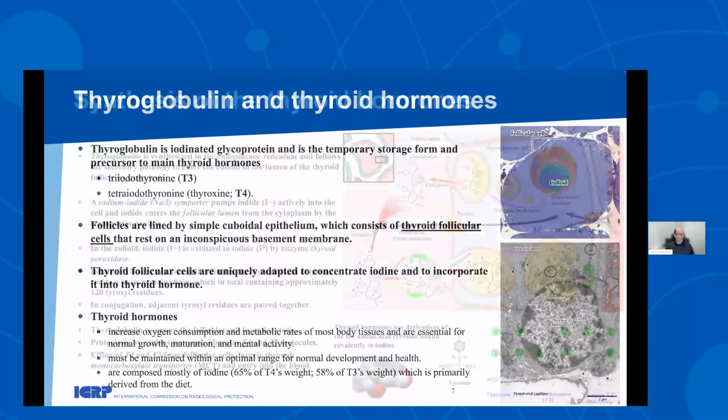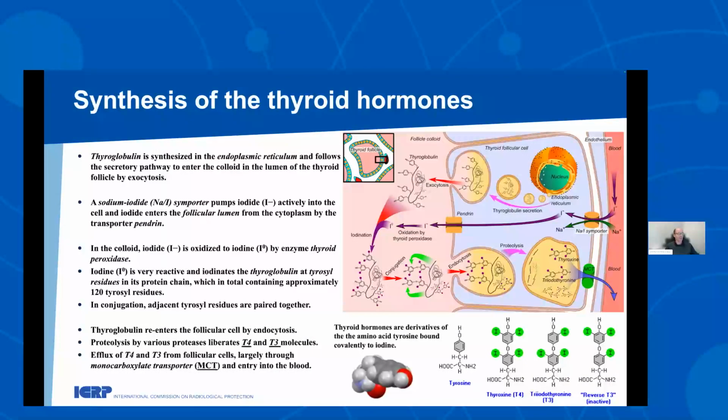Have a look at how it's going. It's a complex process, and just to give a general feeling, you can see the element of the follicle and one cell which helps to produce thyroid hormones